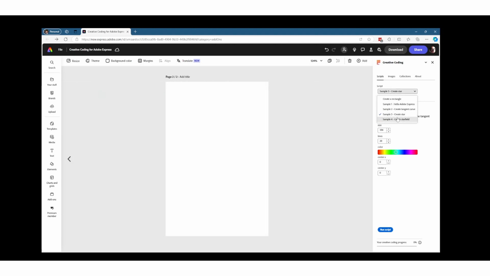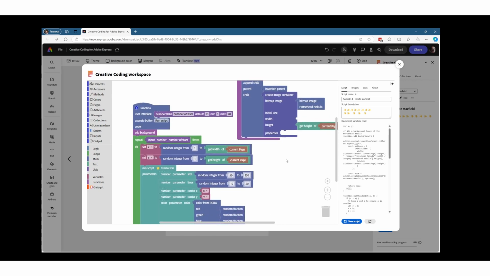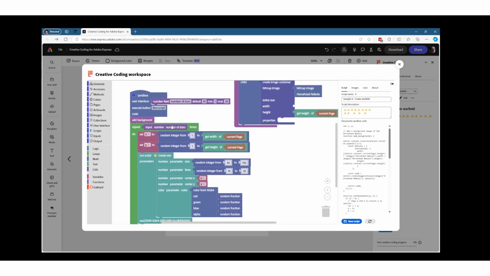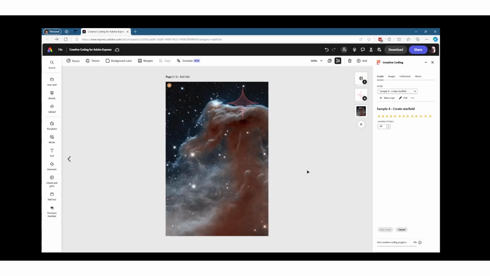I can create a star field. If I look at the code here, it is basically repeating whatever number of stars you put in there. It's going to call the create star function, which of course calls the create tangent curve. And then what this ends up doing is it creates